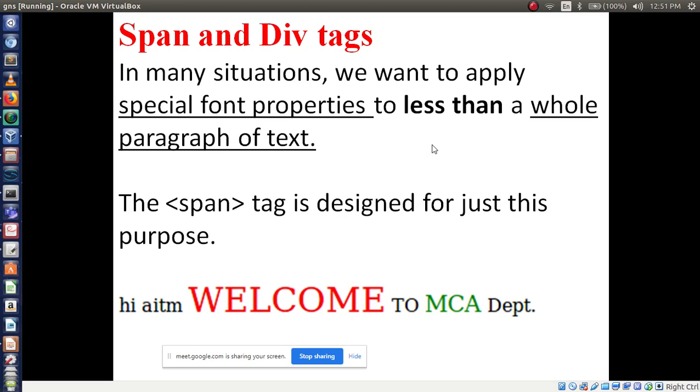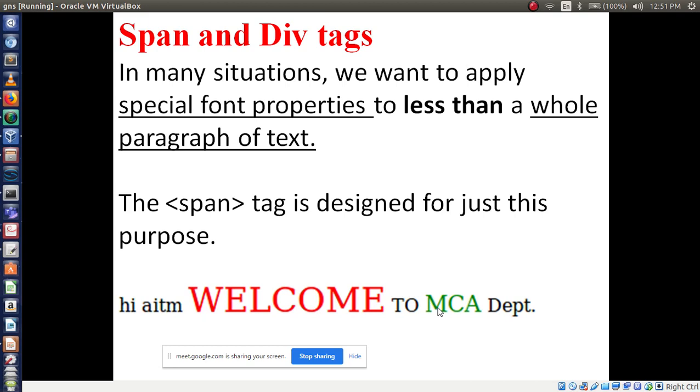In that situation we have to use the span tag. Now I want to display my text like this: Hi, welcome to MCA department. It should be displayed bigger and in a different color for MCA. So how to write the code for this using the span tag?